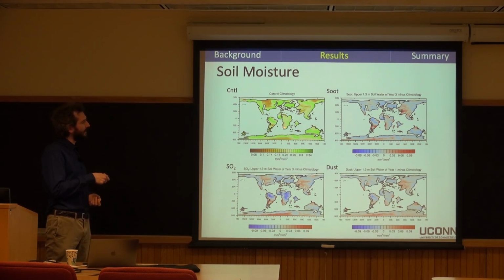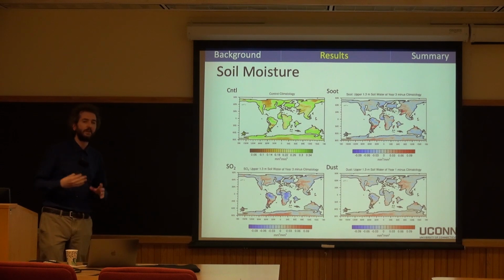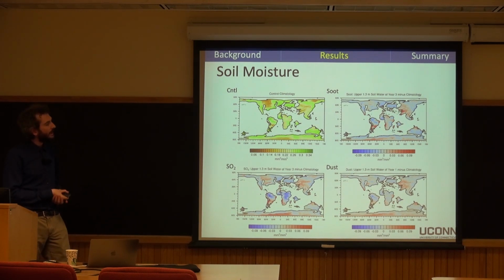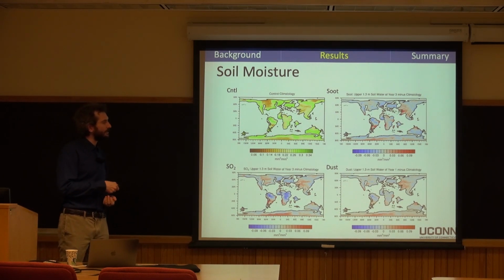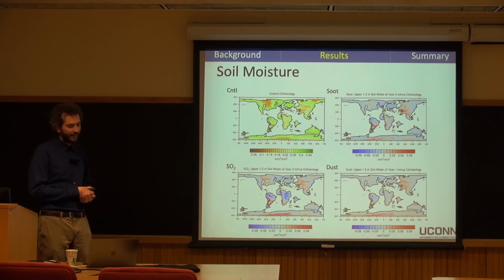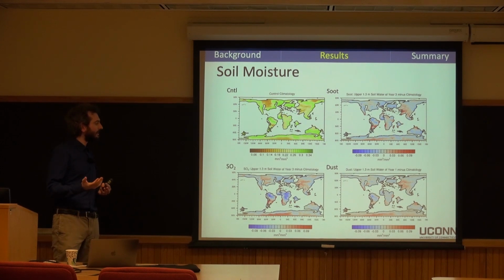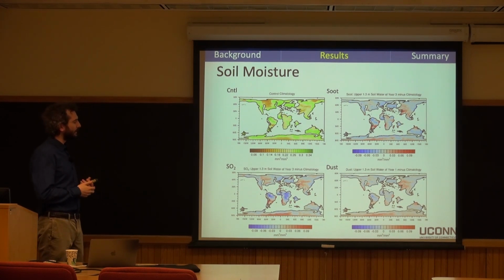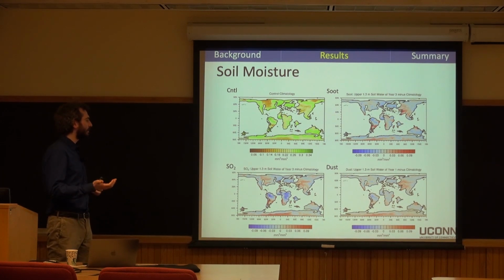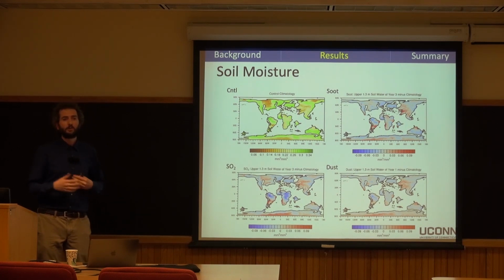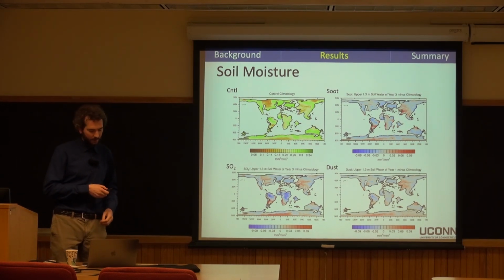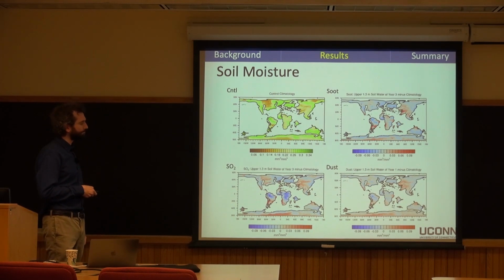So here we have the pre-impact climatology, and this is just upper meter or so soil moisture from the model, and then comparing that against how much it changed in these different scenarios again. I'm not going to go into too much detail here, but really you can see that a lot of areas didn't really dry out that much. There's some variability between the different emission scenarios and how much drying there was, but all of them show areas where you actually increased your soil moisture after the impact event. So a somewhat counterintuitive result possibly.